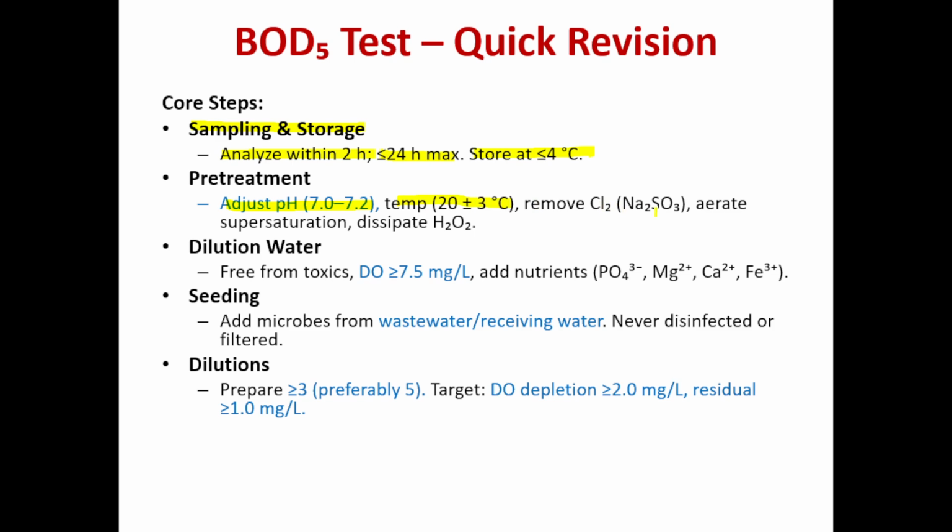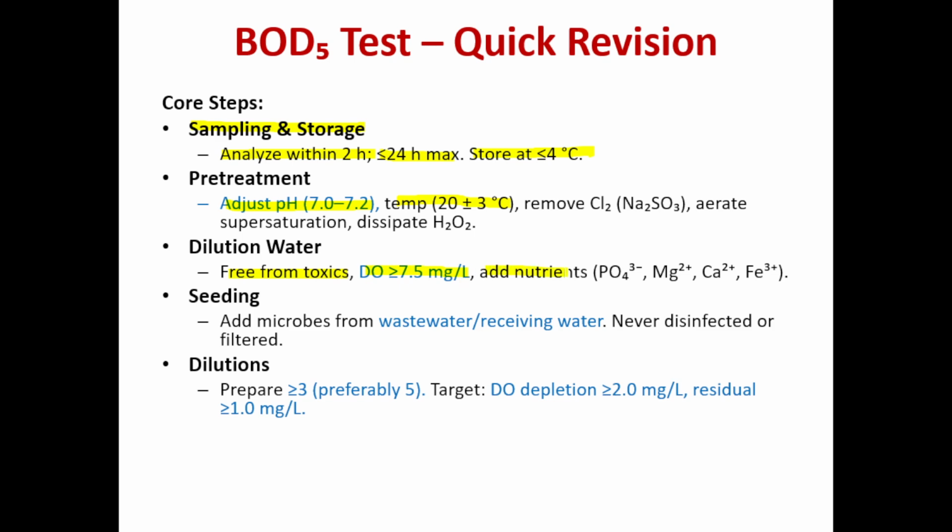Remove chlorine by sodium sulfite, aerate for supersaturation, and dissipate hydrogen peroxide. Dilution water should be free from toxics. DO should be 7.5 or more.